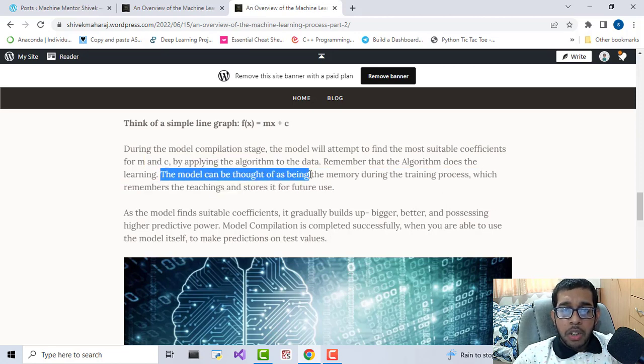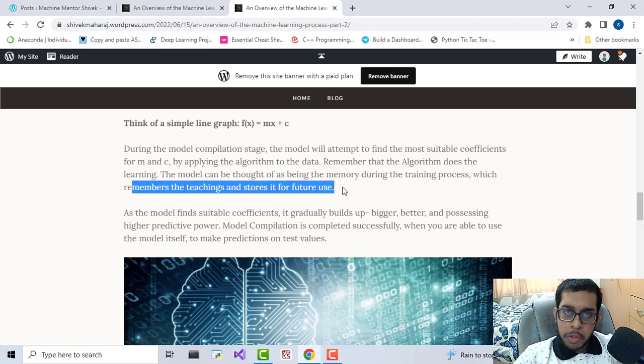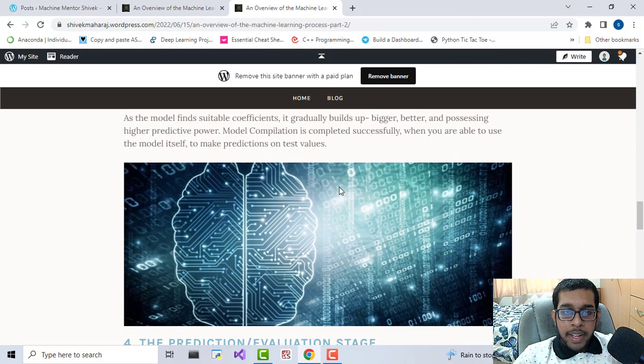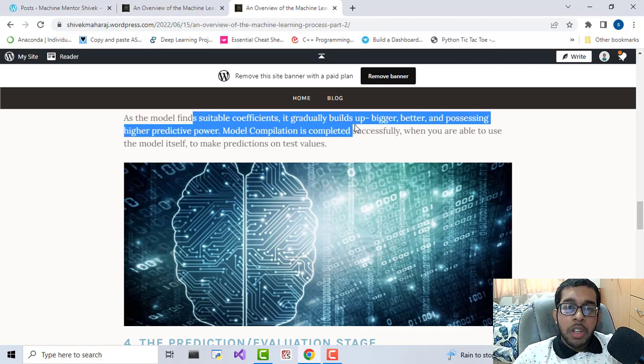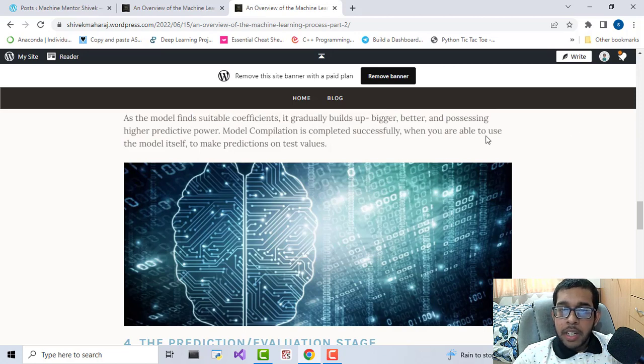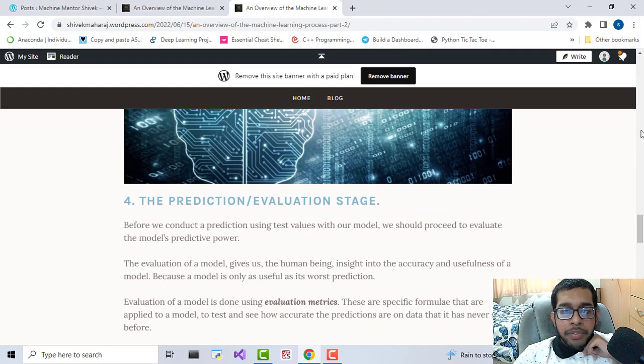The model can be thought of as being the memory during the training process, which remembers the teachings and stores it for future use. As the model finds suitable coefficients, it gradually builds up, bigger, better, and possessing higher predictive power. Model compilation is completed successfully when you are able to use the model itself to make predictions on test values. So, for number 4, we have the